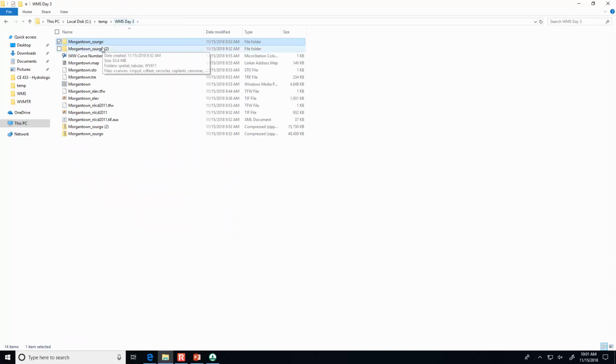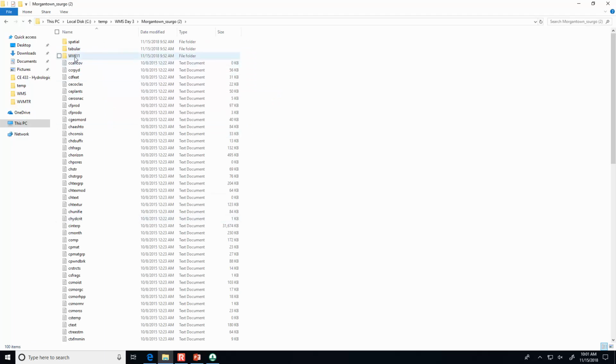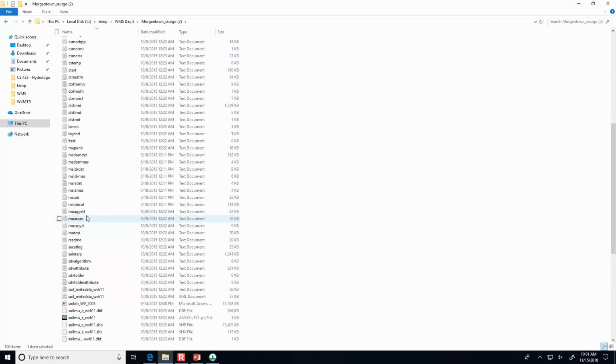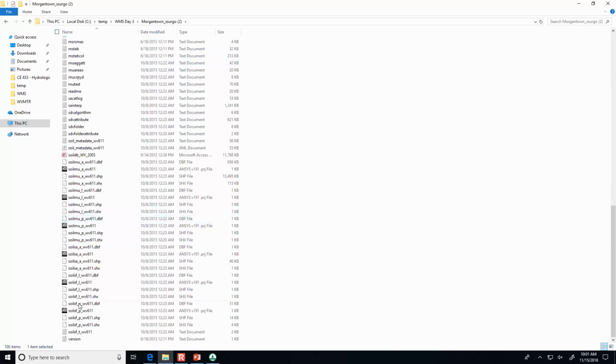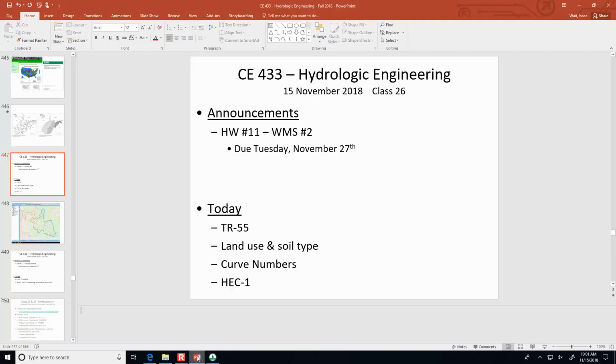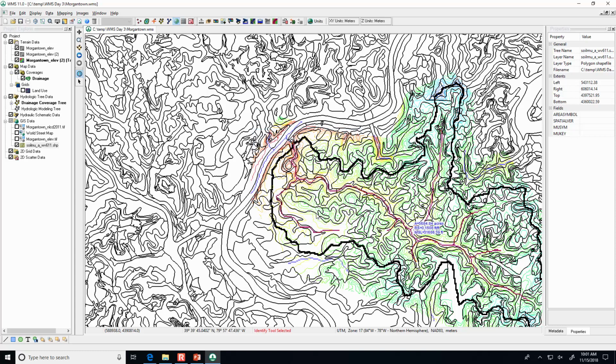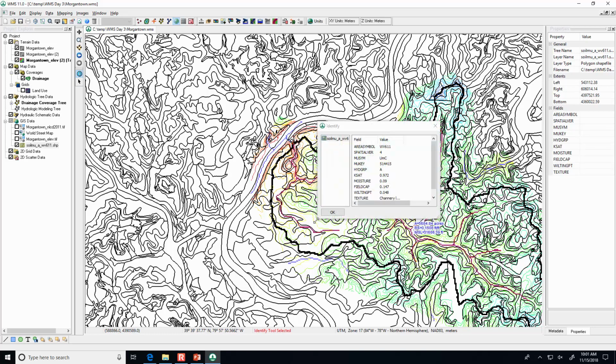That might be in here. Yeah, so here's the WV611, and the hydrologic soil group is one of these text files that it's going to have to join up to get the correct soil type. So click OK, and now if we do the identify tool again and you pick some